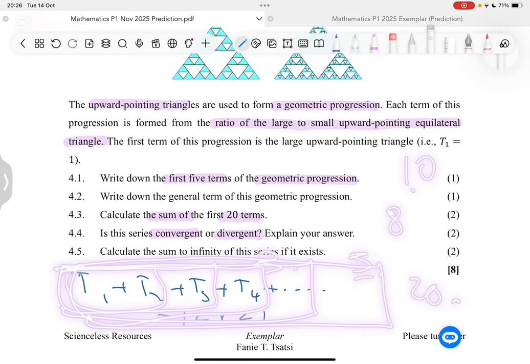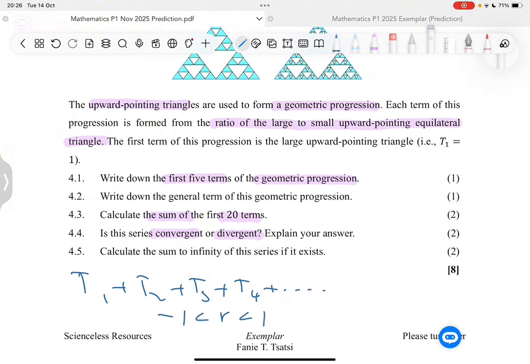Do you see that the more I add my terms, I'm actually getting a bigger number? My numbers are not going towards a common point or a common number. They're getting bigger and bigger. We're saying that the series is diverging. So that's the difference between divergent and convergent. So here, if you look at this